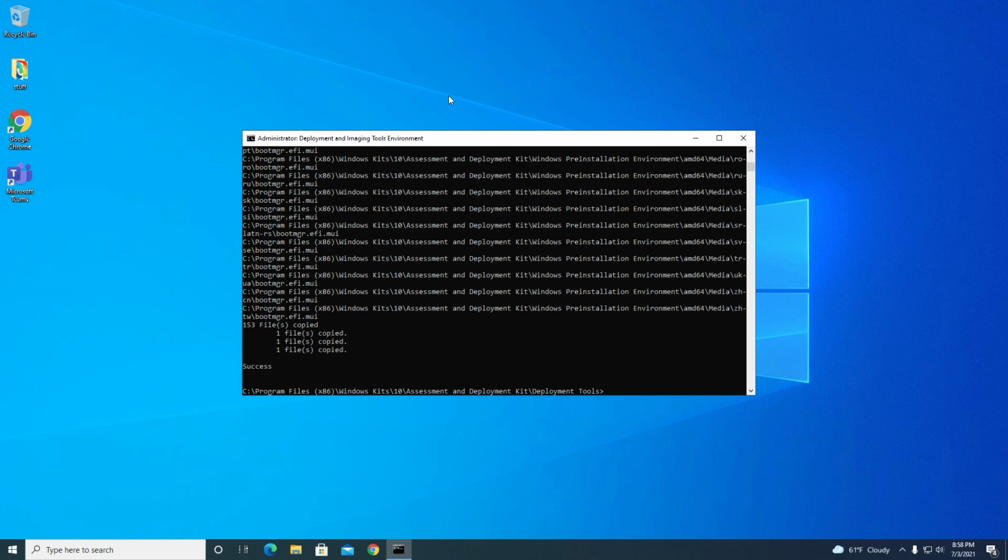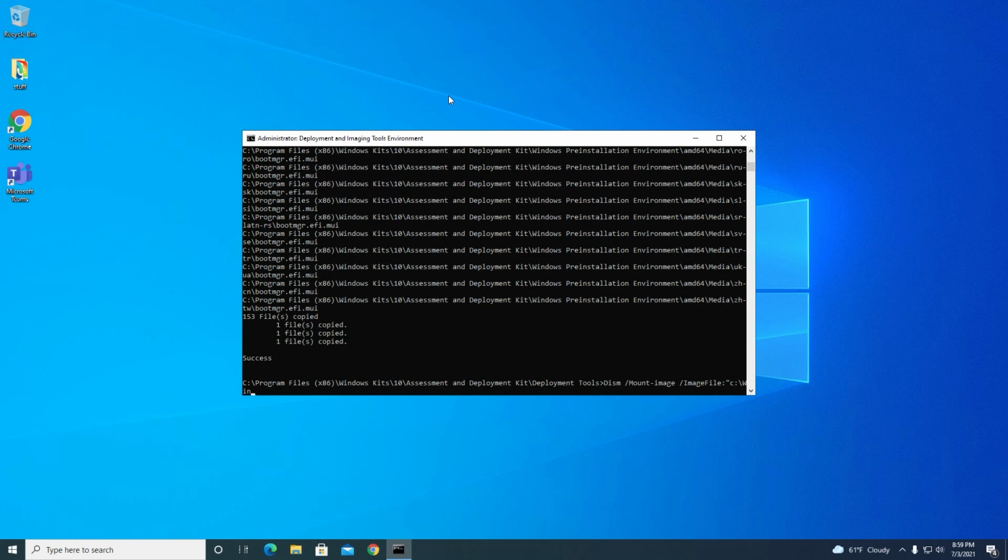So what we're going to do here is we're going to use this command, Dism /mount-image /imagefile: and then the actual image file path and name. So in this case, it's going to be C:\winpe_